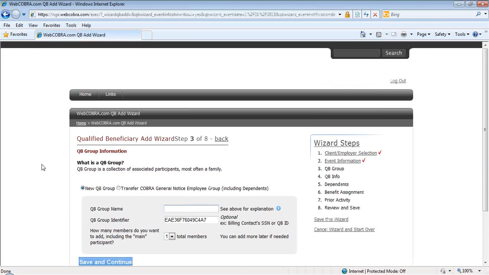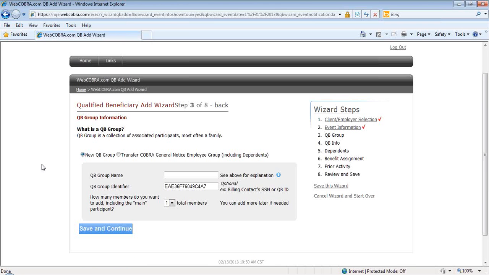Now here, what the system likes us to do is put an employee and any of their dependents into what's known as a group file. Here it's simply asking us to name the qualified beneficiary group. What I typically like to do is the last name, comma, first. This QB group identifier is an optional field, but we do have it automatically populate with this 15-digit number